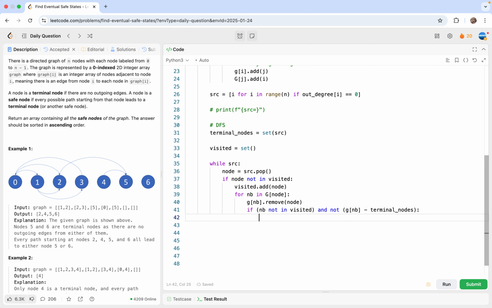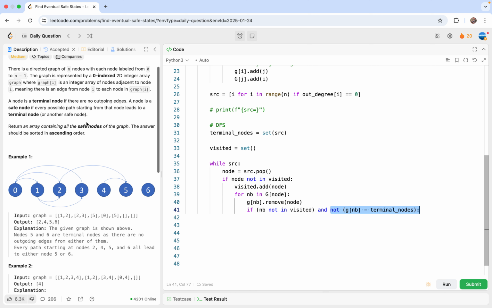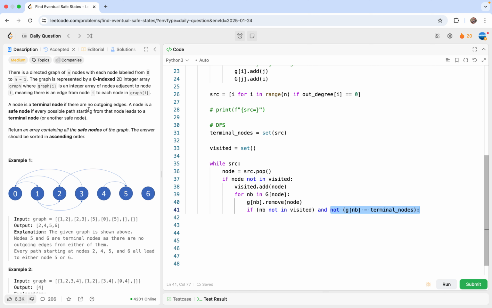In other words, this condition means first, for DFS, we should seek not visited nodes yet, and this condition is the key for the safe node definition, because now originally